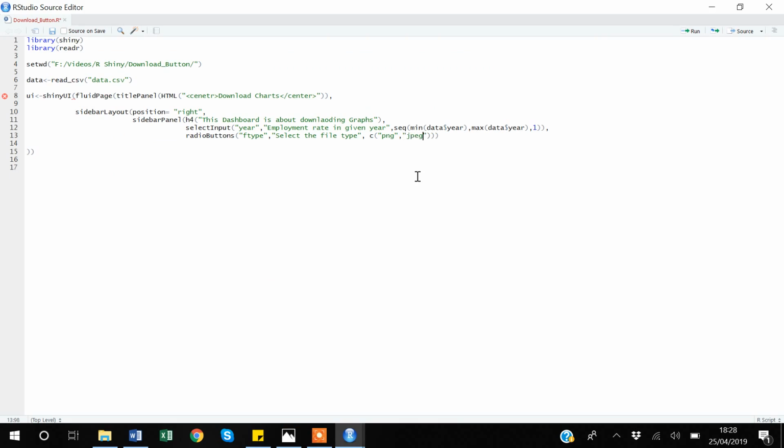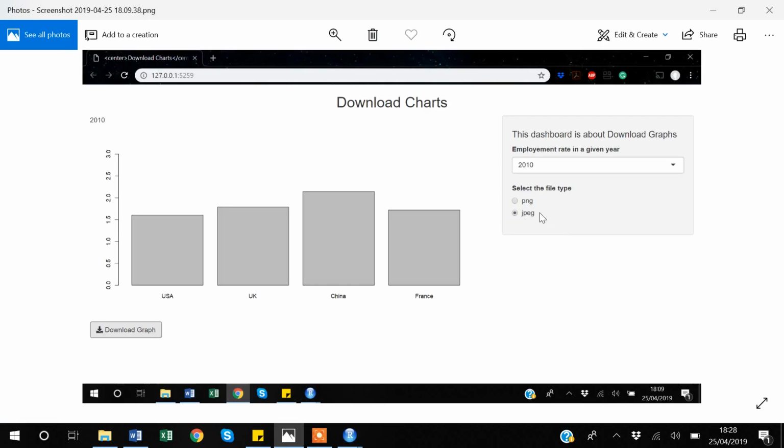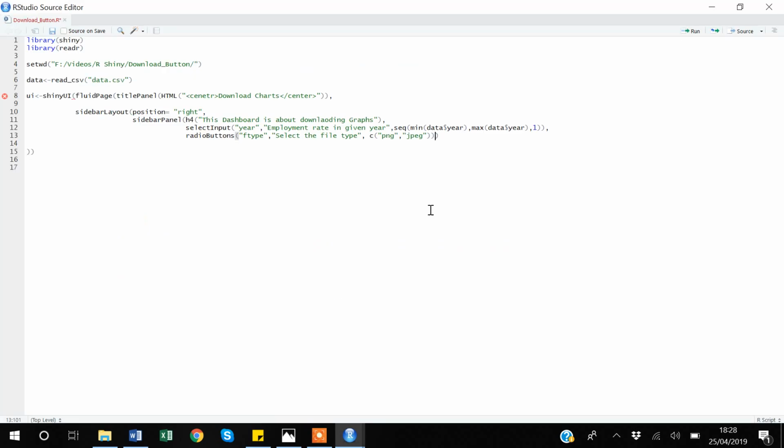So these are the two files that I am allowing to download. So now I have created the radio button, and now I think my user interface is almost ready. But before going further, within the slider panel,